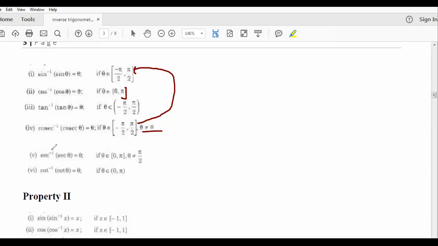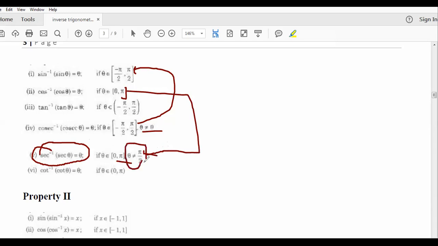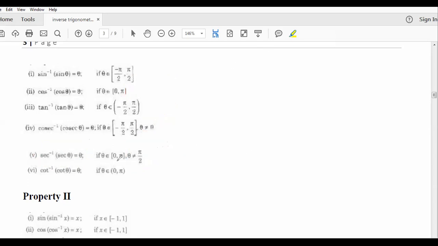Yes. Okay, in case of secant theta, again we take the inverse of secant theta. They are inverses of each other. So after these cancel out, we get the identity theta. So theta is again similar to the case of cos. Theta lies between 0 to pi, except the point pi by 2. So remember this thing, because at pi by 2, secant theta becomes undefined. So this is the value of theta in case of secant theta.